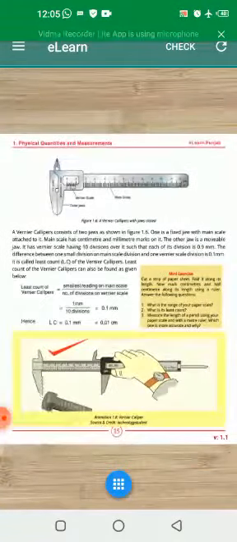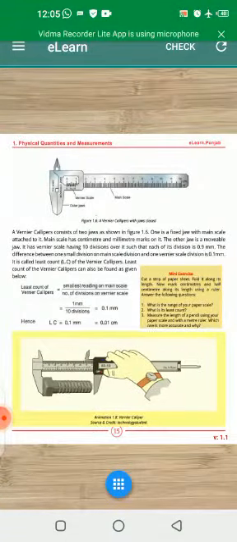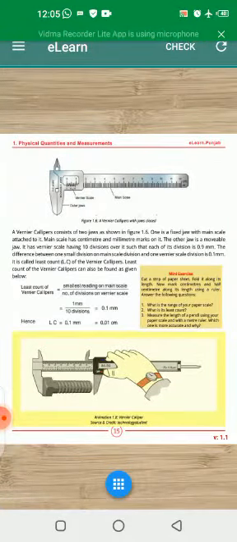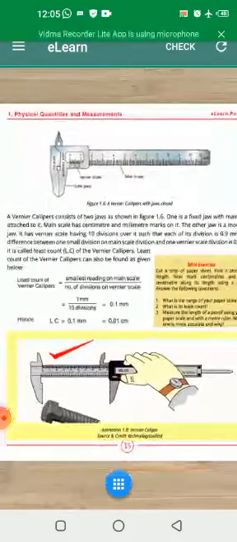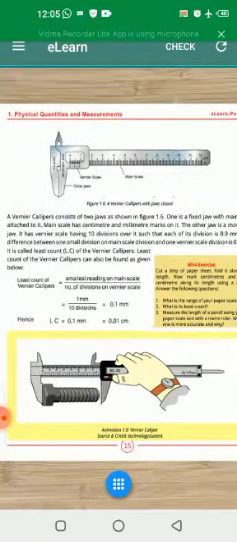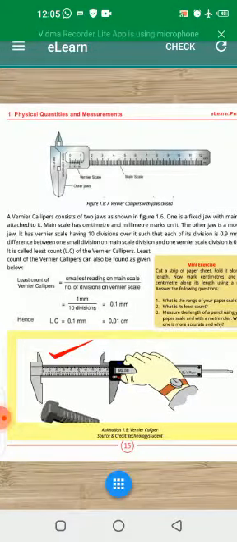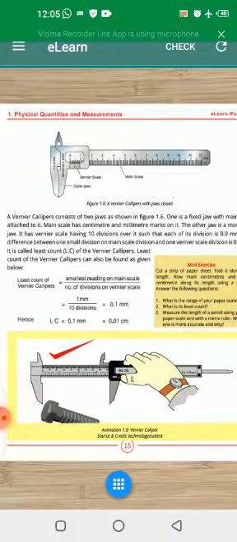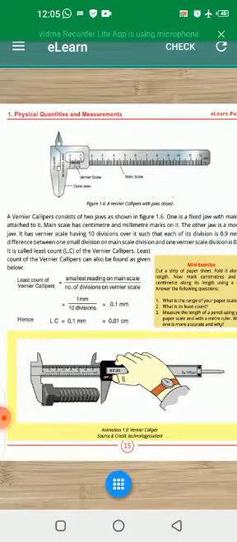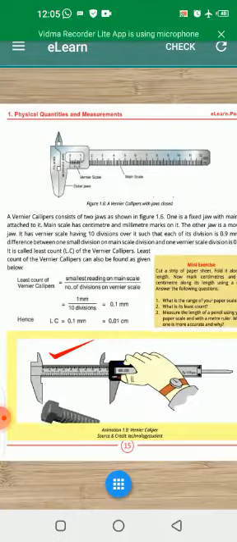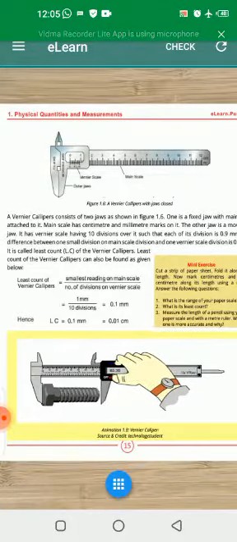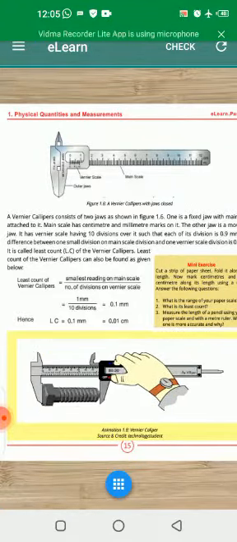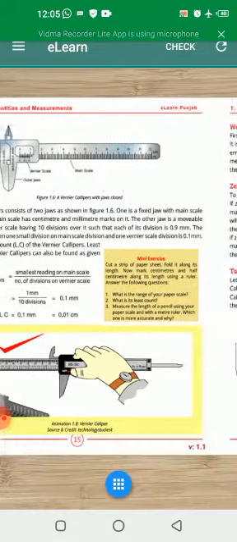And the least count of vernier caliper, least count means the limit which can be obtained using this instrument. For this we have to use the formula that least count of vernier caliper is equal to the smallest reading on the main scale over the number of divisions on the vernier scale. As you know, the main scale has a smallest reading of 1 millimeter and total divisions on the vernier scale are 10. So when we divide 1 by 10 we get 0.1 millimeter. So our least count of vernier caliper is 0.1 millimeter, or in centimeter it is 0.01 centimeter.